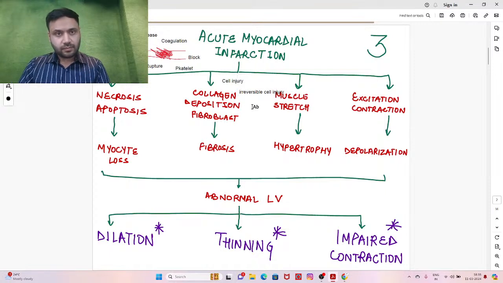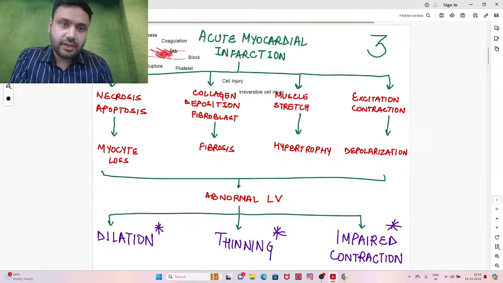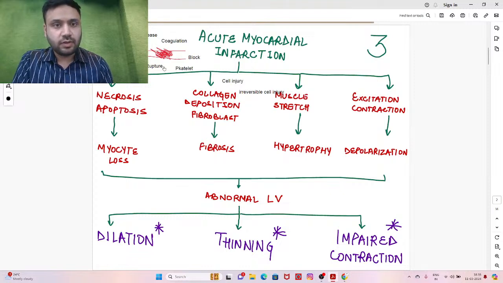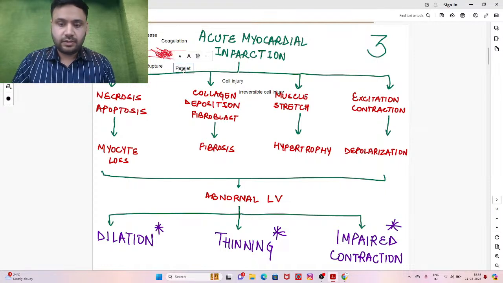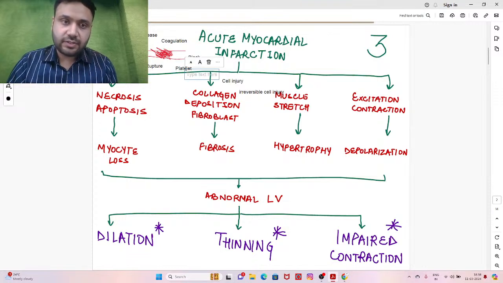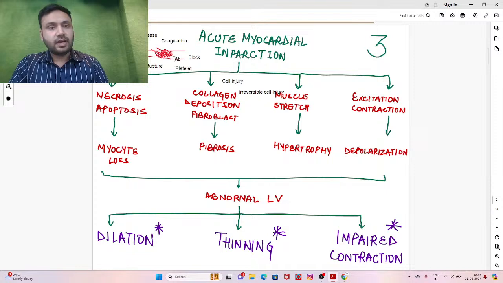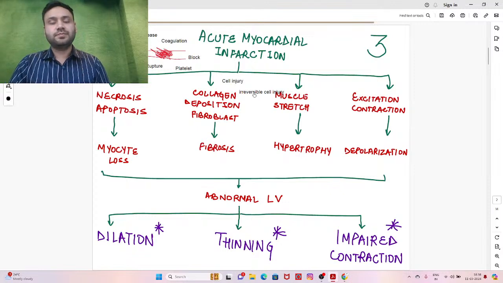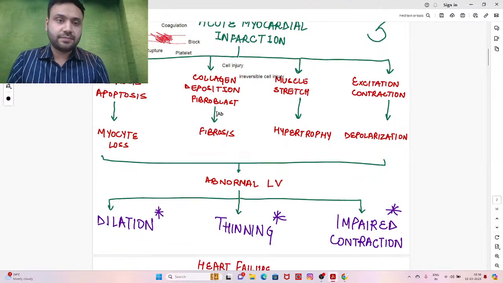सो हमने एक पैथोलॉजिकल प्रोसेस को भी स्टडी किया। वो क्या था कि कोरोनरी आर्टरी में एक प्लाक था जो कि अंडर स्ट्रेस आया। जब उसके अंदर स्ट्रेस आया तो वो रप्चर हो गया। सो रप्चर होने के बाद प्लेटलेट्स क्या हुए? एक्टिवेट। प्लेटलेट एक्टिवेशन और प्लेटलेट एडहेजन की वजह से आगे कोगुलेशन एक्टिवेट हुआ, जिसने क्या बनाया? थ्रोम्बस। थ्रोम्बस ने कोरोनरी आर्टरी को ब्लॉक किया, जिससे क्या हुई? सेल इंजरी। और वो सेल इंजरी इरिवर्सिबल सेल इंजरी थी।